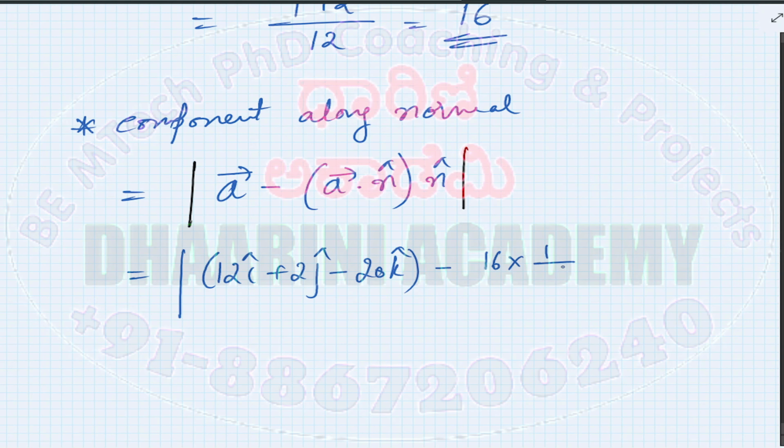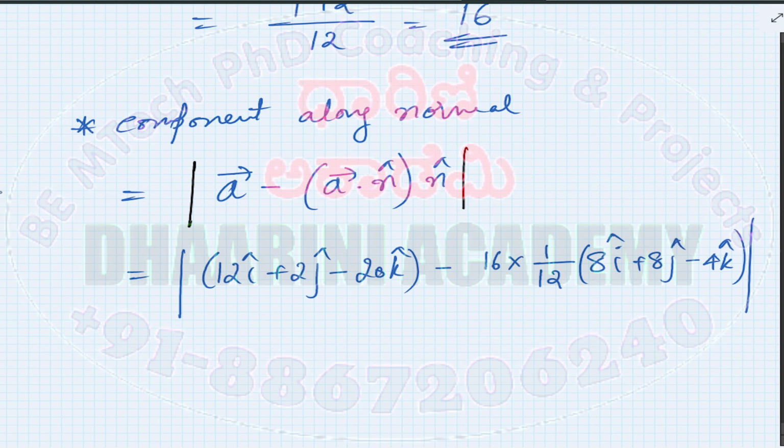N cap is nothing but 1 by 12 into 8i plus 8j. This is 8i cap plus 8j cap minus 4 into k cap. Okay, so this means I just have to calculate this answer and I need to take its magnitude. Okay, so that means let's